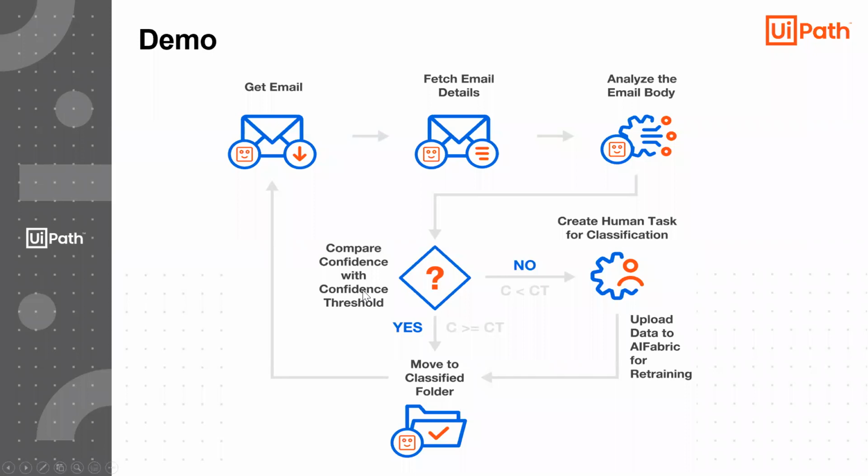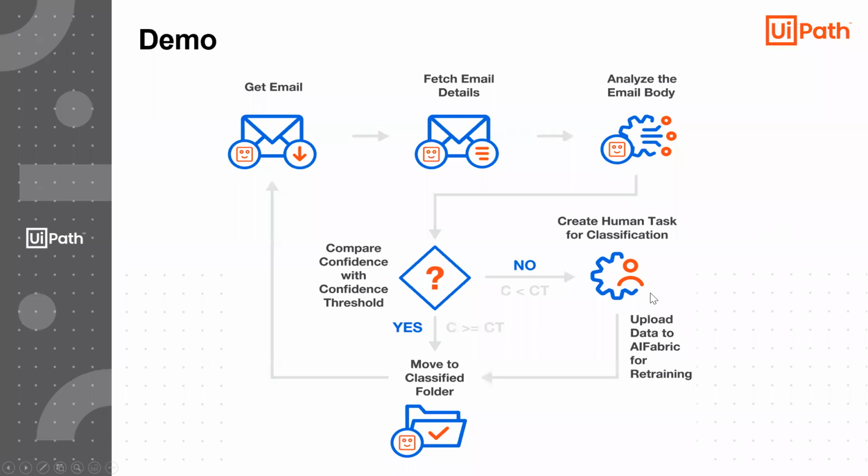If the confidence is not high enough, then we'll ask a human to do this task. So again, we'll have some human doing it, but instead of having 100% of the emails going through a human, it will maybe be 40% at the beginning, but because we retrain the model again and again, it will become better and better, and at the end, maybe it will be only 10% of the emails going through people.